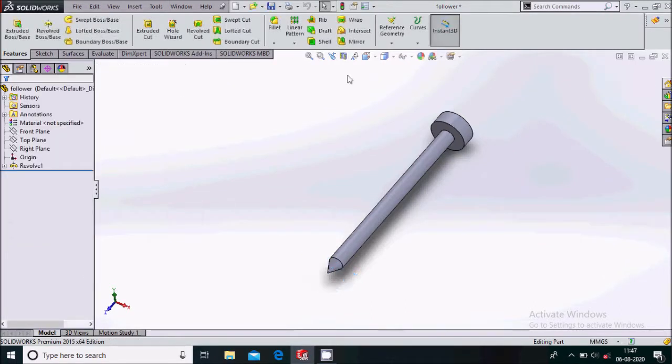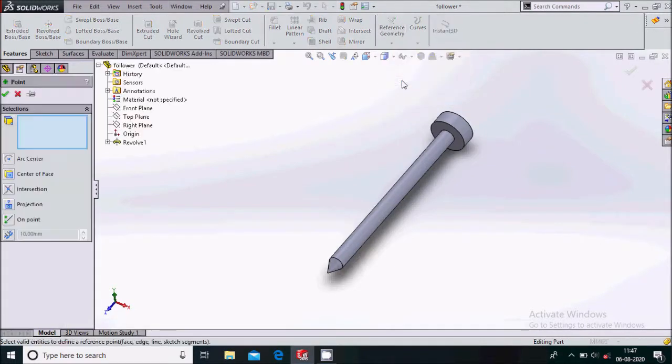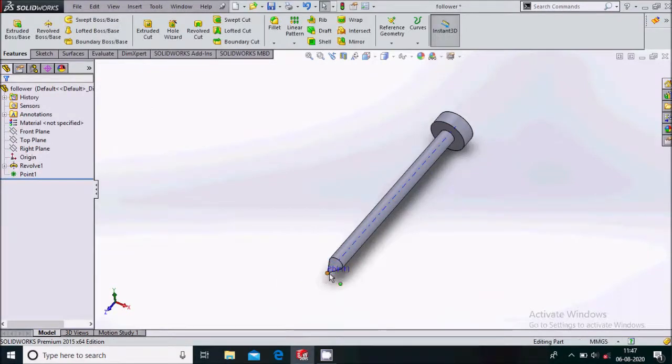Clear this section. Go to the point. Here we'll enable the geometry. Select this axis. Okay. And select the plane. So we'll select here front plane. So you can see the point is coming over here. So simply say OK. So we have added a point here at the tip of the follower.